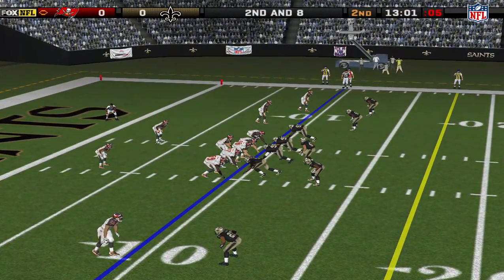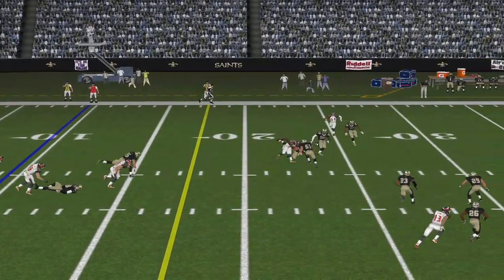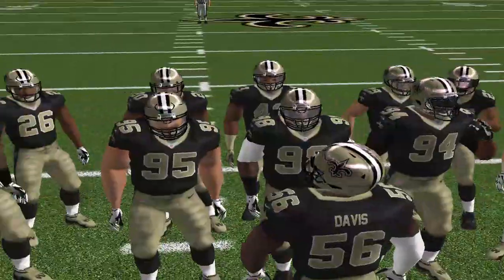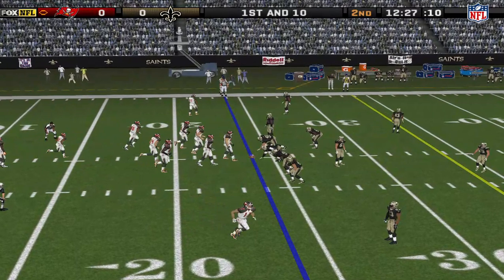New Orleans comes out in their nickel package. Drops back. Gets rid of it. And the catch is made. Williams is there on the stop. The defense dropped everybody back, but he was able to find some space and make the catch for the first